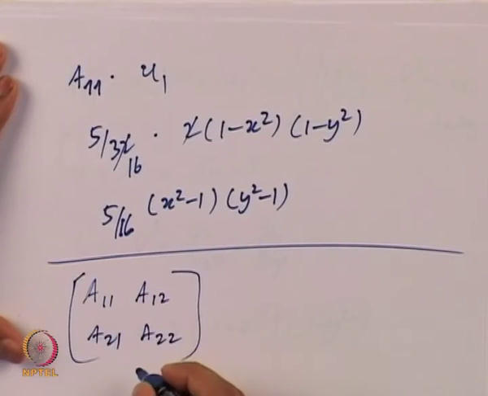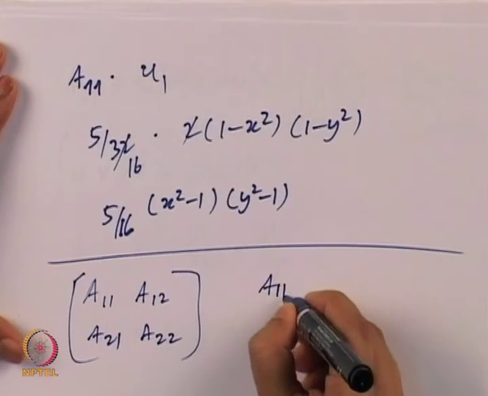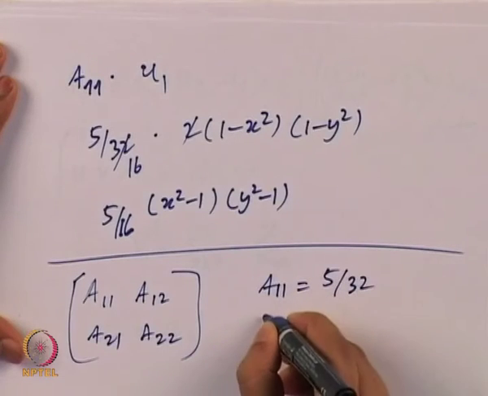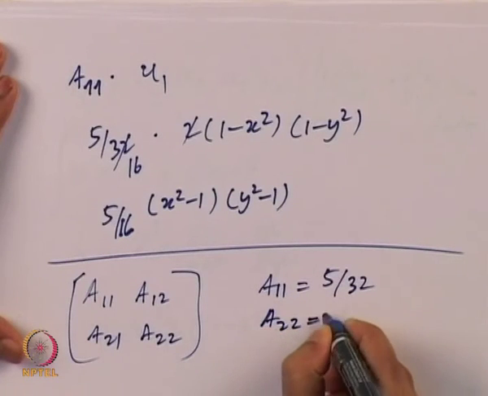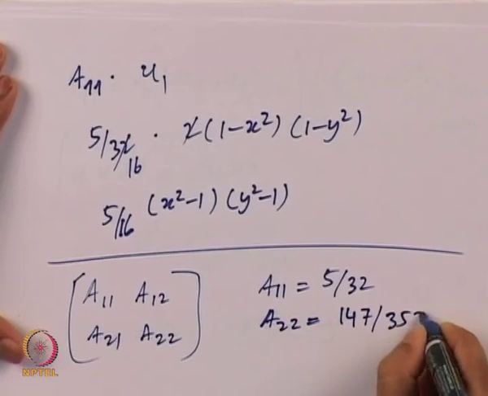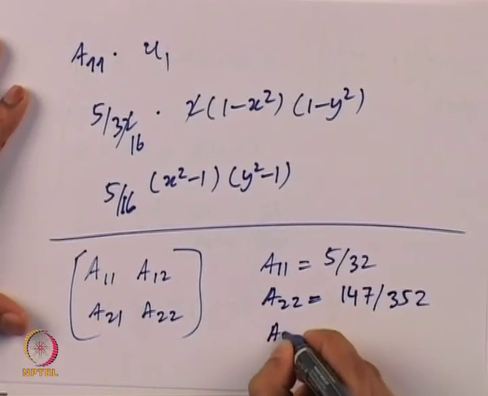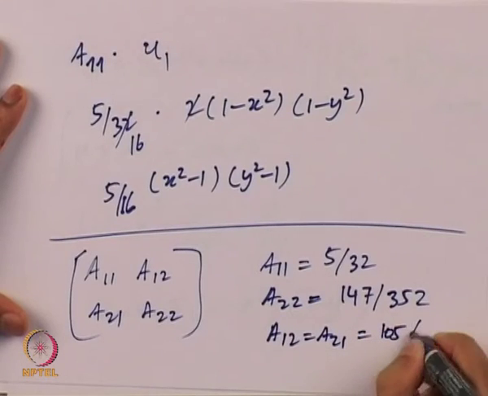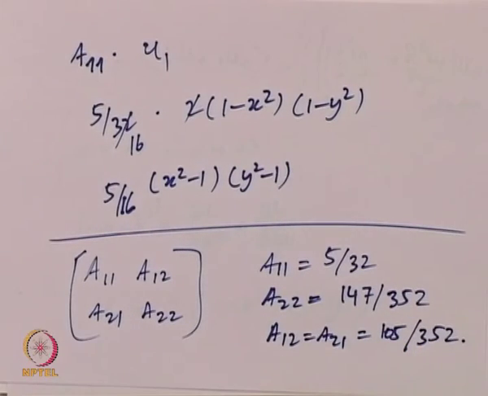This is going to be the matrix, and we are getting A11 in the first case and also in the second case as 5 by 32. We are getting A22 as 147 divided by 352, and we are getting A12 equal to A21 equal to 105 divided by 352, and this is what we are seeing in the matrix here, in the C matrix,